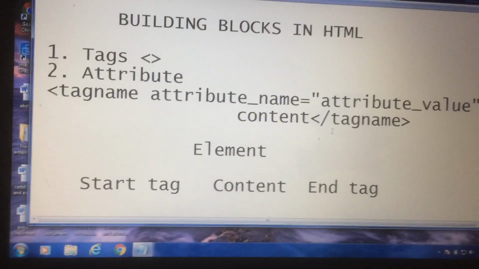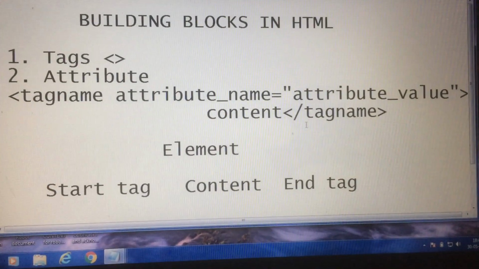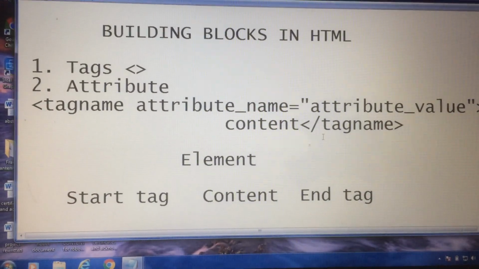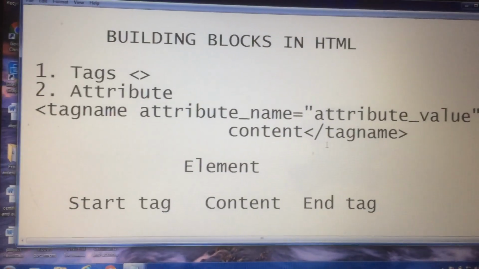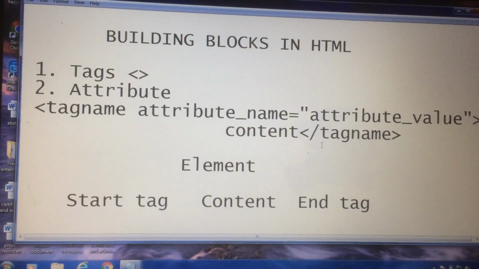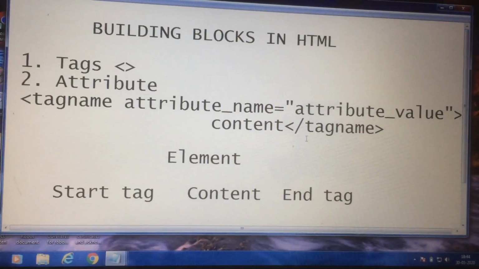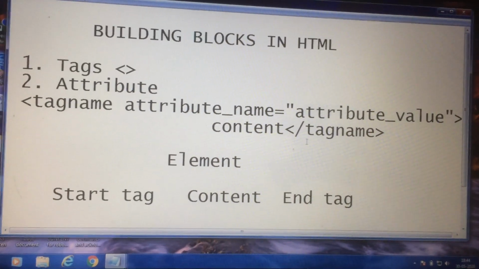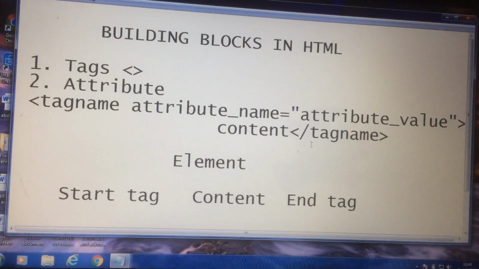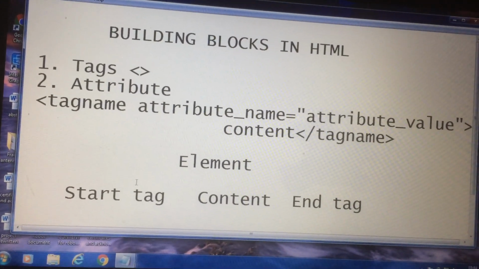Coming back, we'll discuss a few more points about tags. These tags are like keywords which define how the web browser will format and display the content. With the help of these tags, a browser can distinguish between HTML content and simple content. It contains three parts: opening tag, content and closing tag, as we have discussed here. But some tags are unclosed tags.